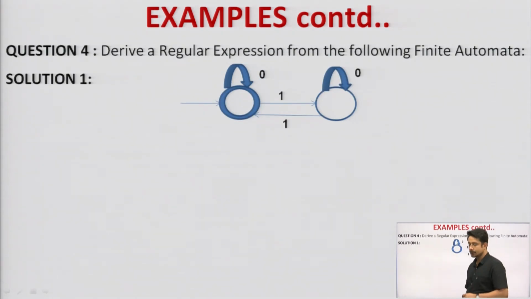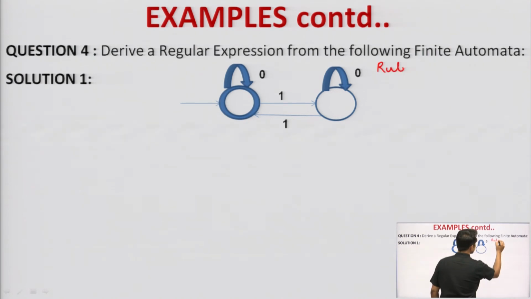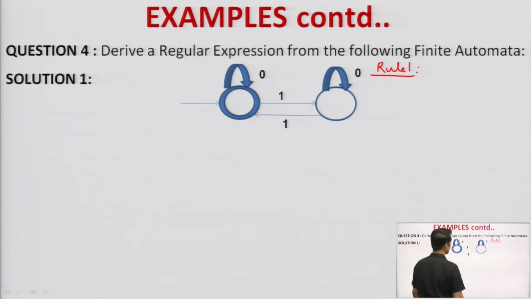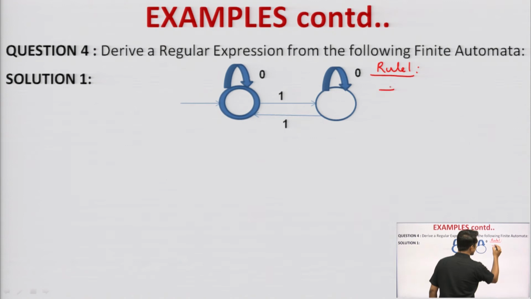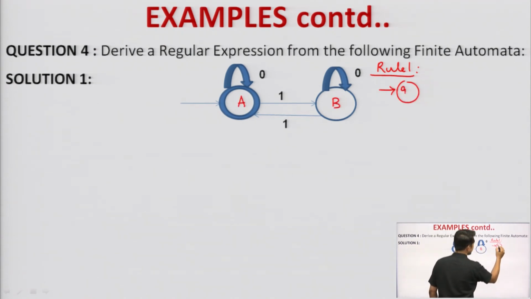Question number 4 says another example, and in this example I will look into all the rules properly, because I can feel that rule 1 and rule 2 are not satisfied here. If I apply rule 1 and rule 2, rule 1 says that incoming edges should not be there in the initial state. So, suppose this is A and this is B, I will take the initial state as q naught, with an epsilon transition to A.